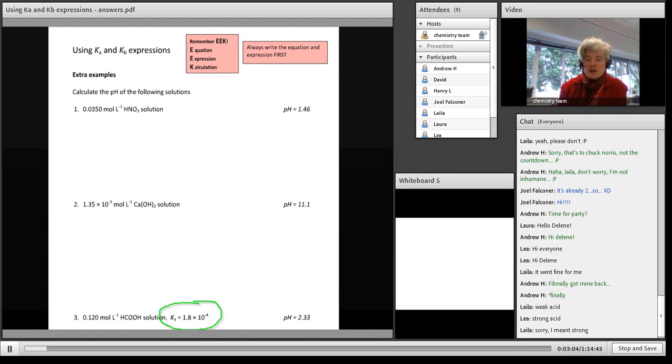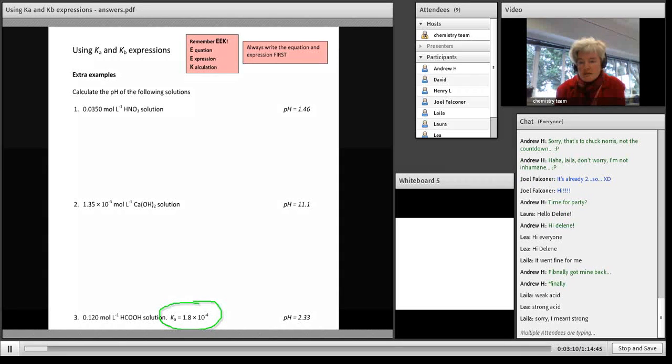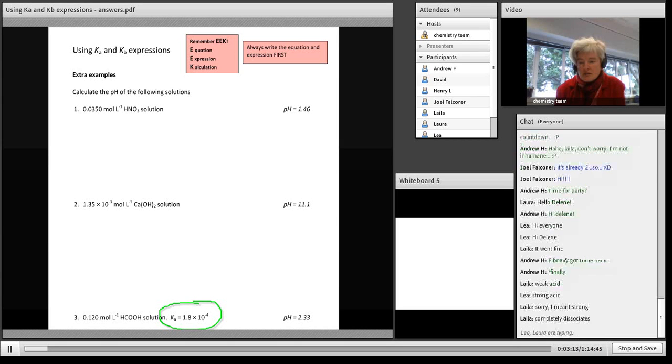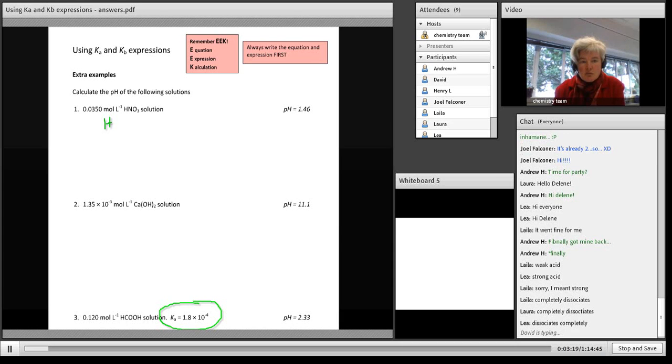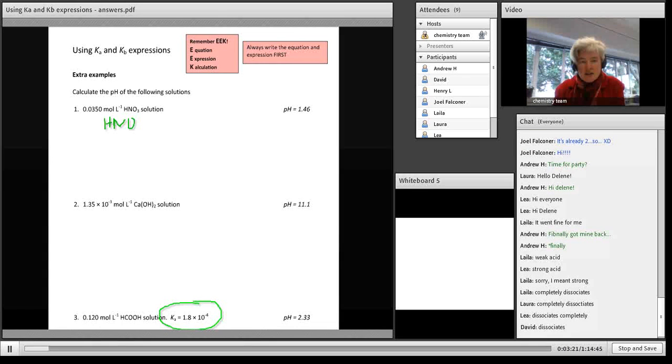So thinking of it's a strong acid, by definition, what does a strong acid do? Completely dissociates. So the equation for the reaction I want is HNO3 going all the way to H3O+,